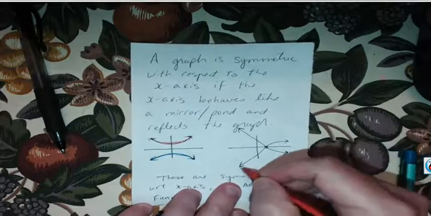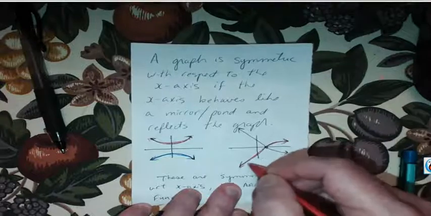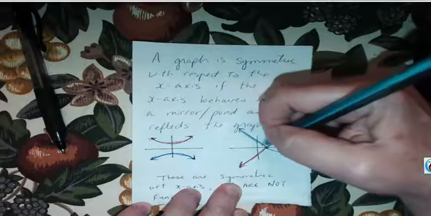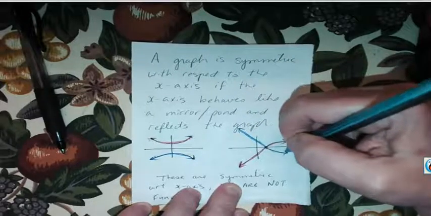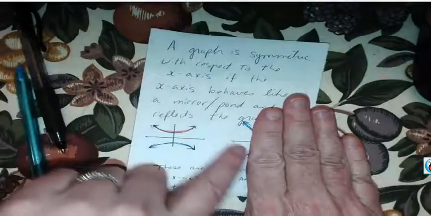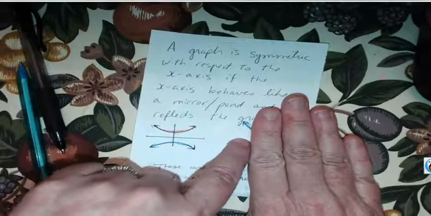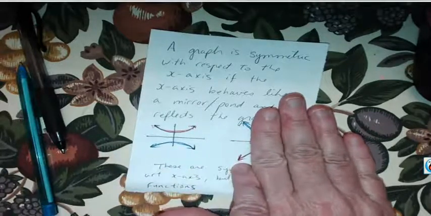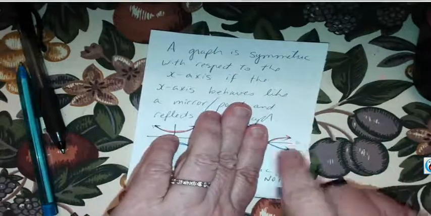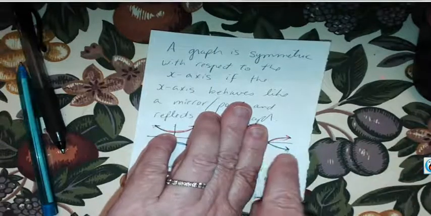If this is my graph, and then this other bit here, does that meet the definition, considering that it's freehand? Well, if the x-axis is a mirror, the blue part's gazing into the mirror of the pond, I'd expect its reflection to look like that. Okay, and same thing here. If the x-axis is a mirror or a pond and that red part's above the pond, I'd expect its reflection